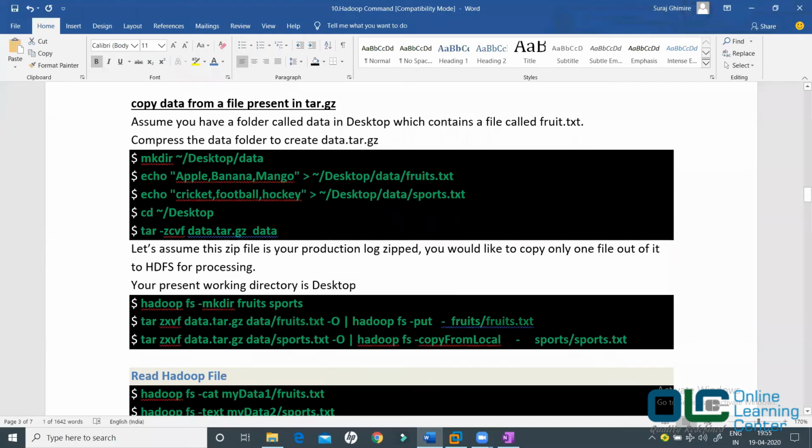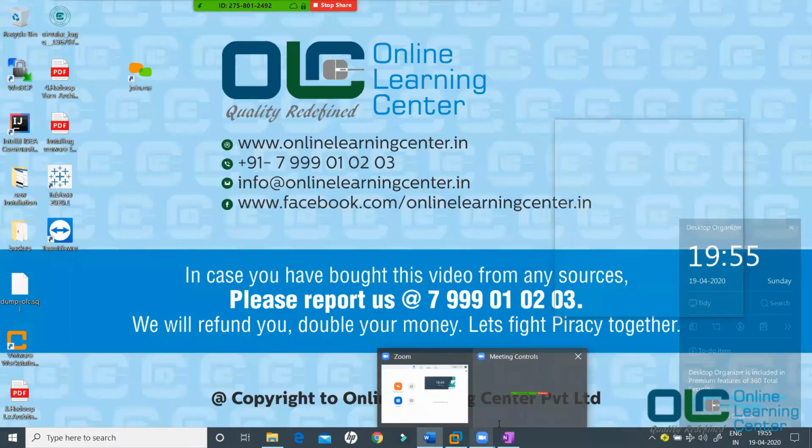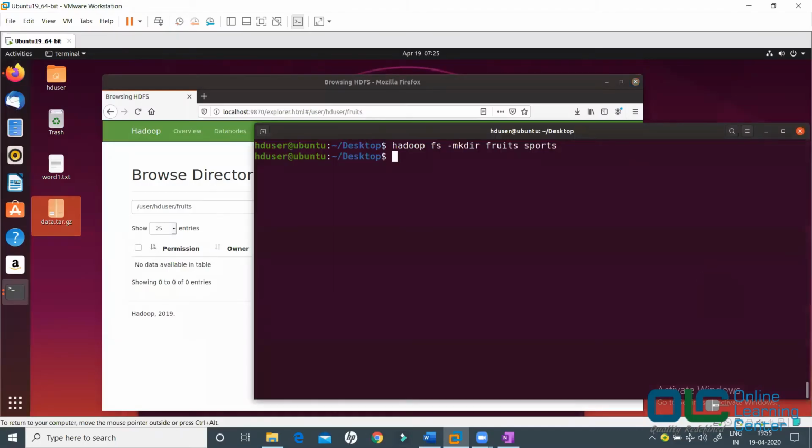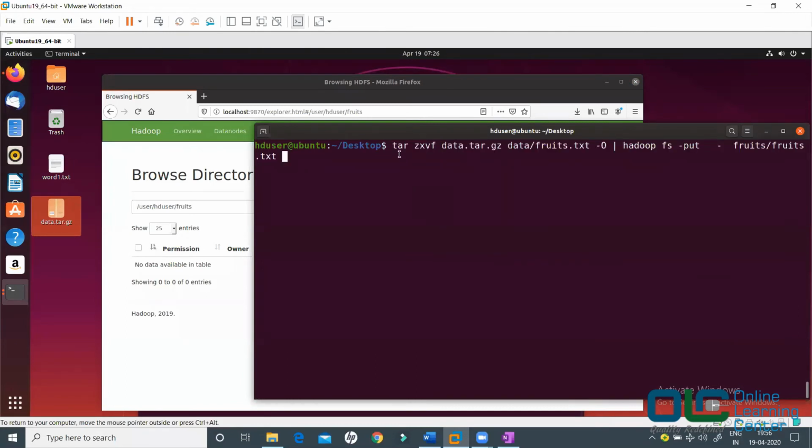Okay, so let's try to do this. I'll go back here. We are in our desktop and say paste. So I'm saying tar zxvf data.tar.gz data/fruits.txt -O.